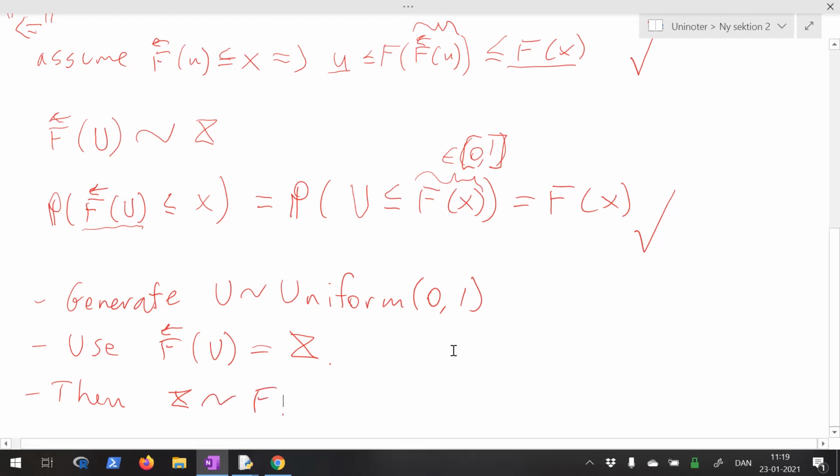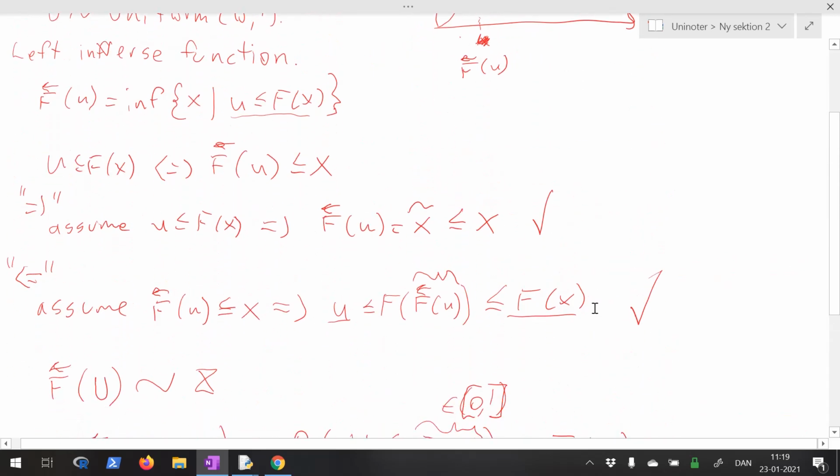Okay, let me give you a very short example of this. So let x be exponential with rate lambda. Okay, in this case, the CDF is continuous and strictly